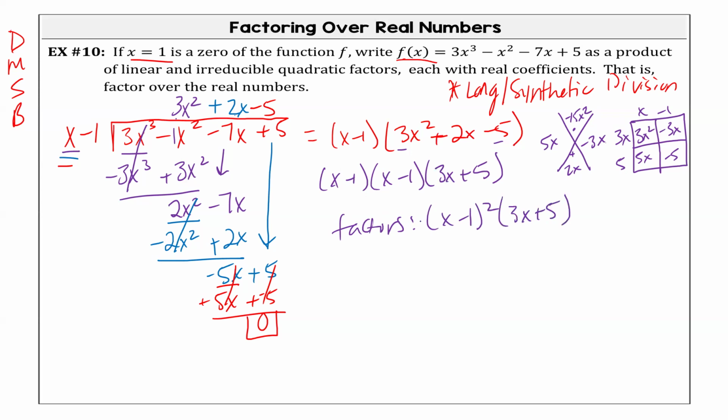And those are your factors. Now that you have your factors, you can easily solve for the zeros if it asks, but it just asks to find the factors. So those are my factors of my function. All right, that's it for 1B.5 part